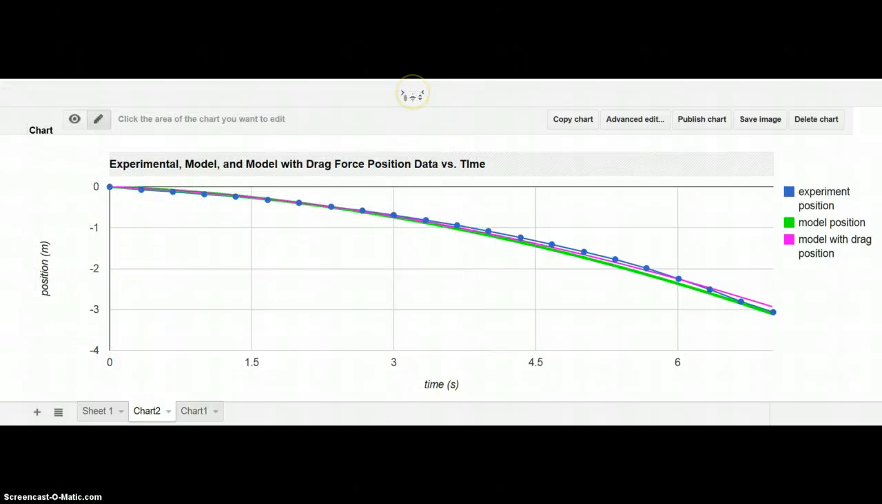Now, in terms of looking at my experimental data versus my two models, as I said before, you can see that they are very close together, and there's not really much difference at all in the results from adding drag into the model. In terms of what this means with terminal velocity, yes, this object did reach terminal velocity. Speed increased until the force of air resistance balanced out the force of gravity, and then the object reached